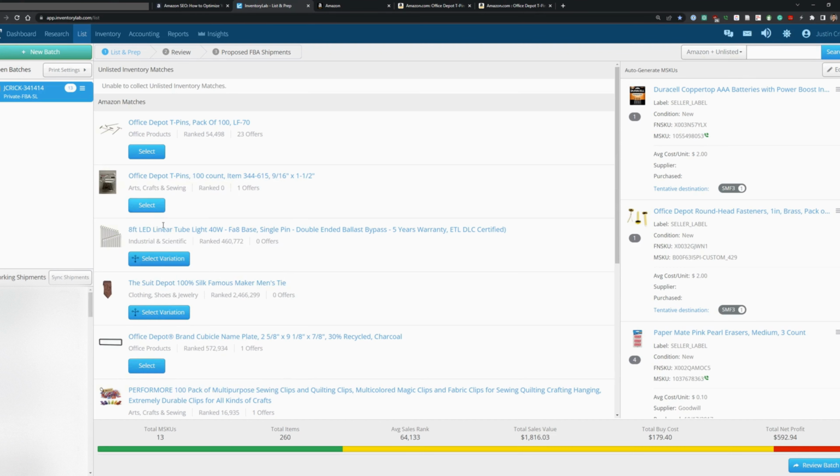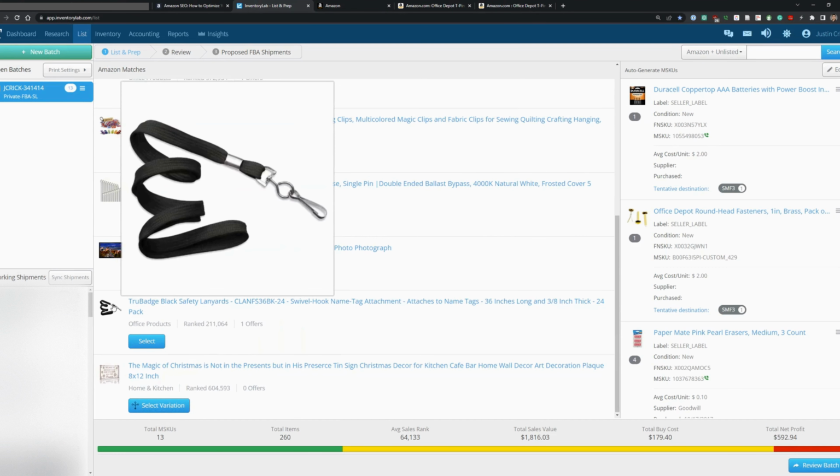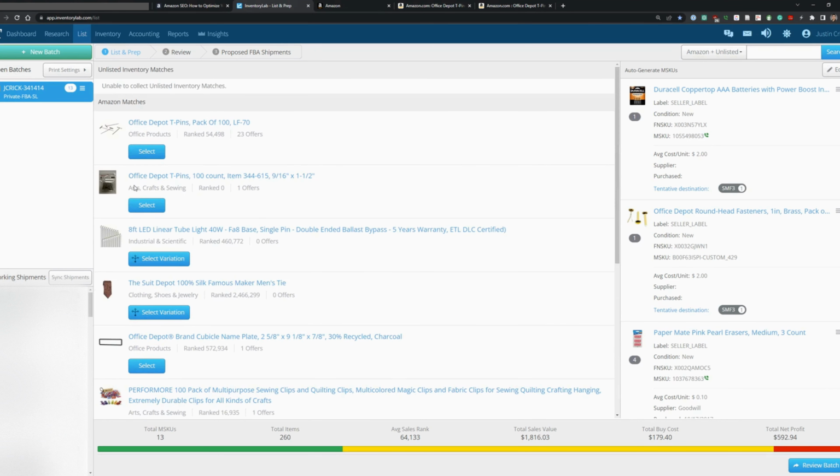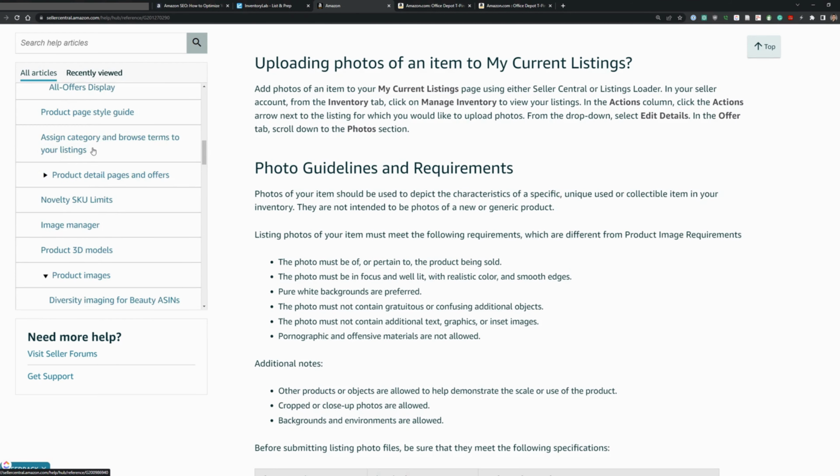And then I'm just looking through these. These aren't even related. These have nothing to do with T-pins. So obviously avoid listing under these ones. That was kind of a longer explanation, but I think it's important that everyone understands